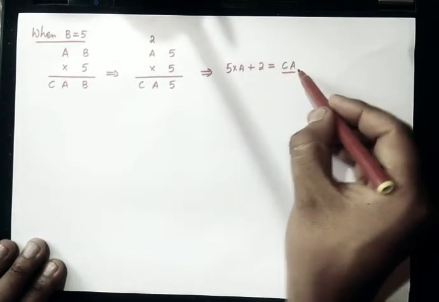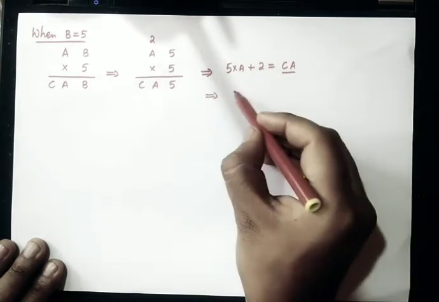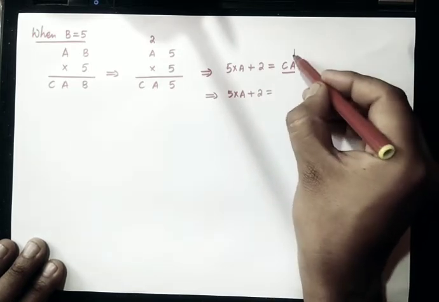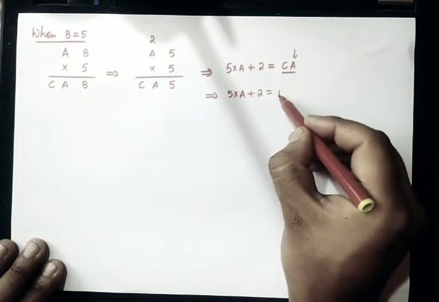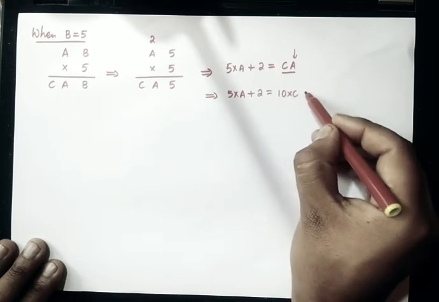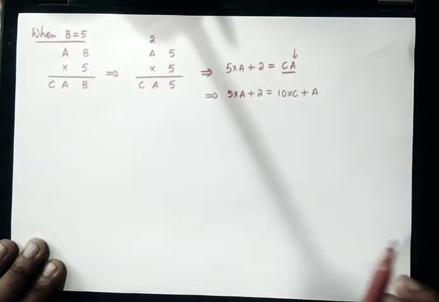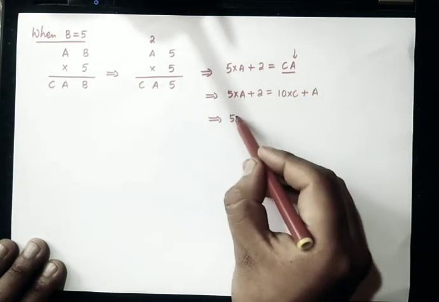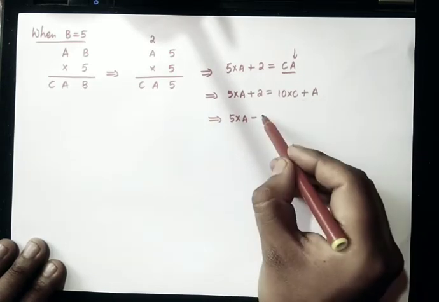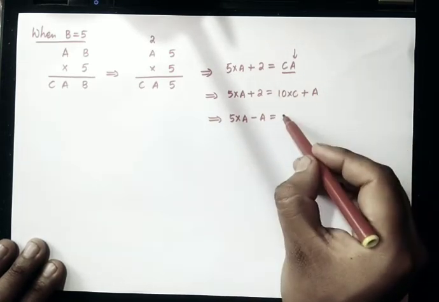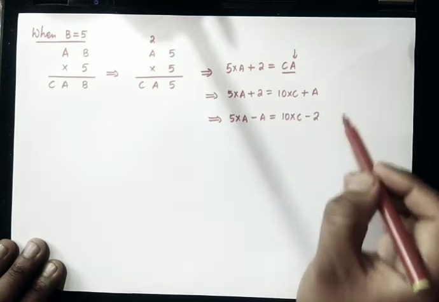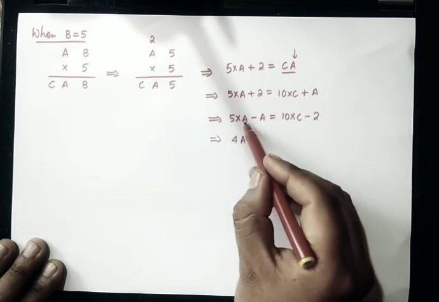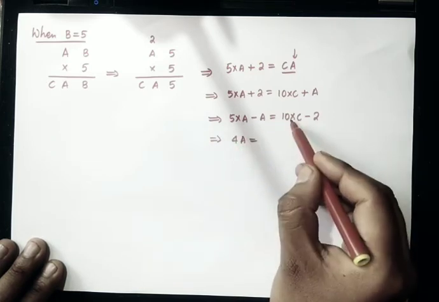Now let us write CA in generalized form. So the general form of 2-digit number. This is in ones place and this is in tens place. So that's why this can be written as 10 into C plus A into 1 is A. Is that clear? So let me get this A out there. So we have 5 into A minus A, and let me send this to that side. So in 10 into C minus 2, right? So from here we have got 4A, 5 into A, that's 5A minus A is 4A, and 10C minus 2,